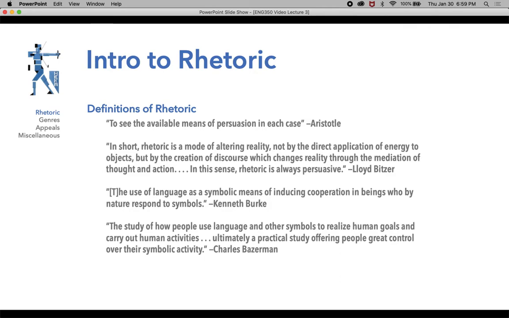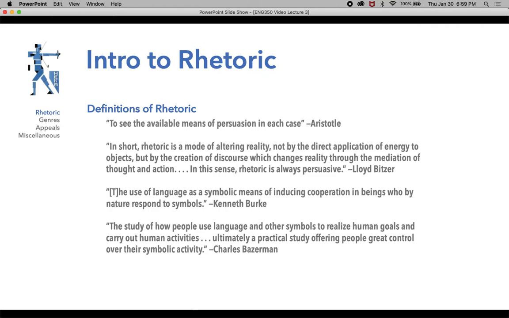Okay, and so that's at its core, I think, what rhetoric is about and why it has such lasting appeal for at least 2,500 years so far. And you get a sense of that more robust definition when you look at Lloyd Bitzer's here, which is that, right, rhetoric is a mode of. Now, this Lloyd Bitzer I'm drawing from other sources, not from Toy. Okay, so I'm trying to just give you an overview of this notion of rhetoric. Toy, I think, focuses more on Burke and Aristotle, but Bitzer has a great approach, which is that rhetoric is